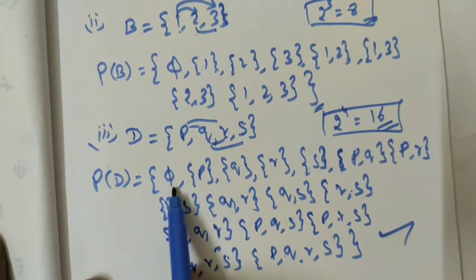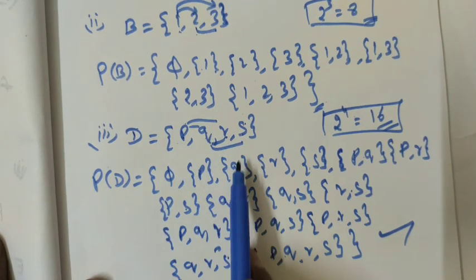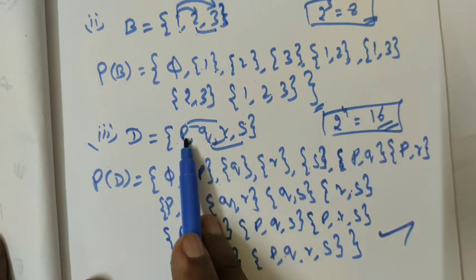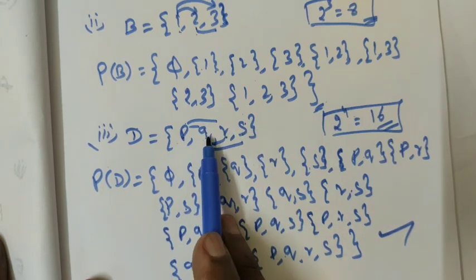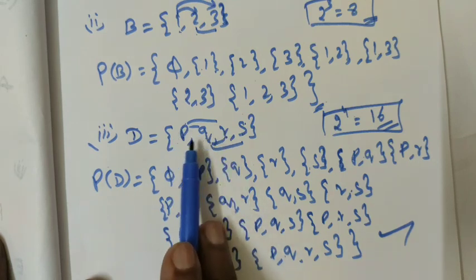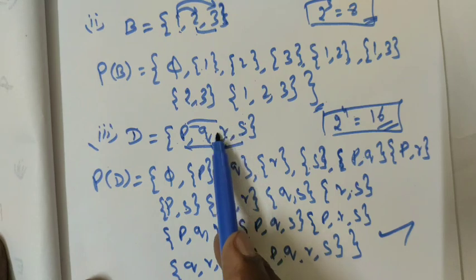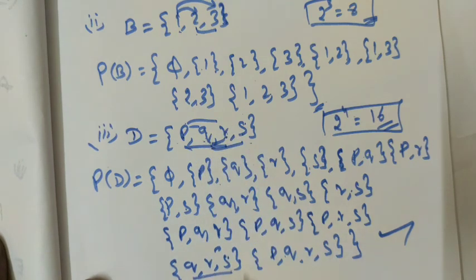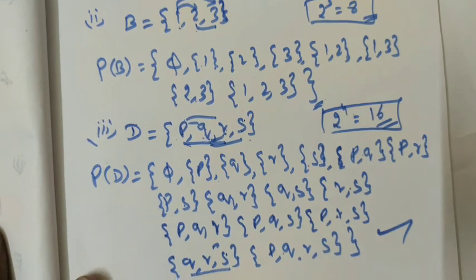First you have to write the pi, and then each and every element you have to write individually, and then 2-element sets, and then first you write the 3-element sets, and select the second one. When you are selecting the first one, you have to write first all the 3 and omit one and omit another one, and then the second term QRS, and then last PQRS is the set.